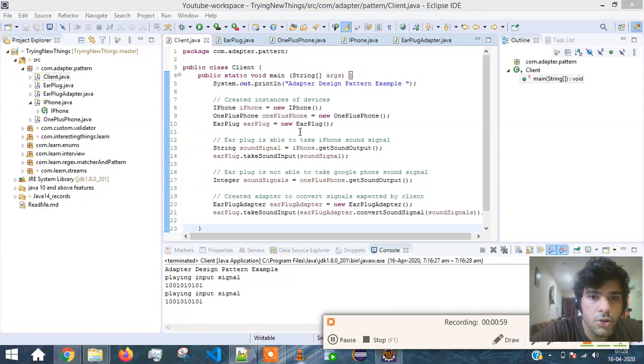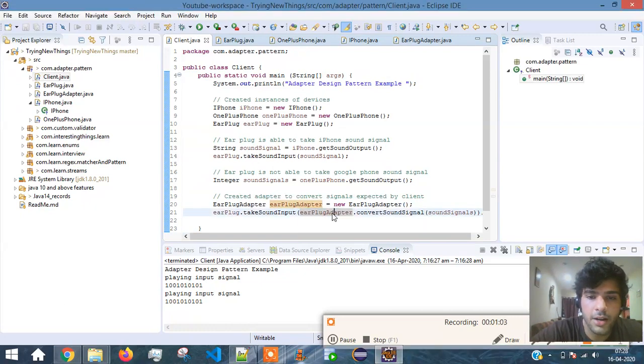So here also we can just reuse a class. We can create an adapter class and we can do all the conversions in that class, and use that adapter class wherever the conversions are required. So here again I've implemented the same thing in a Java fashion.